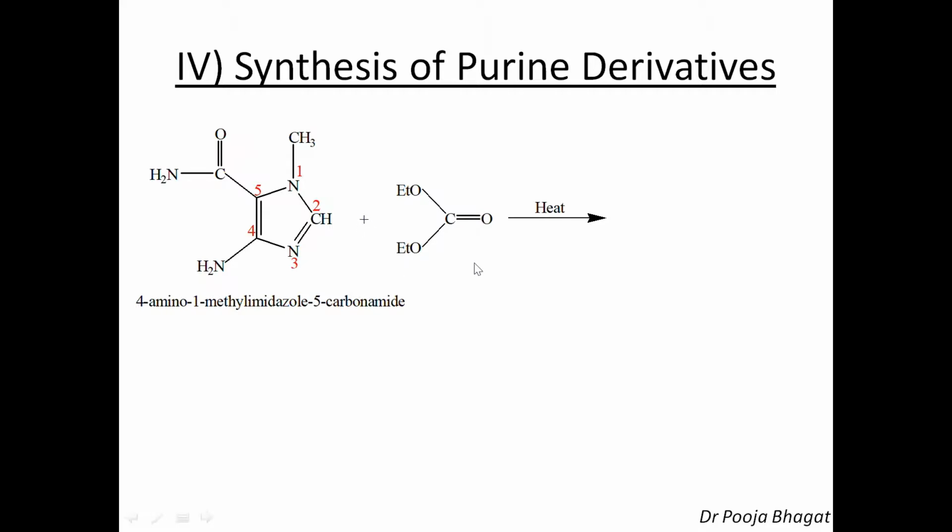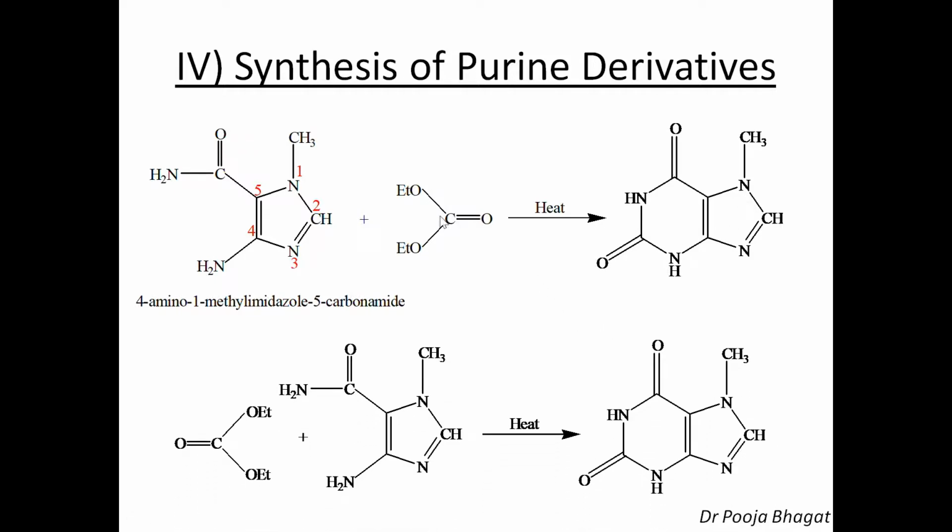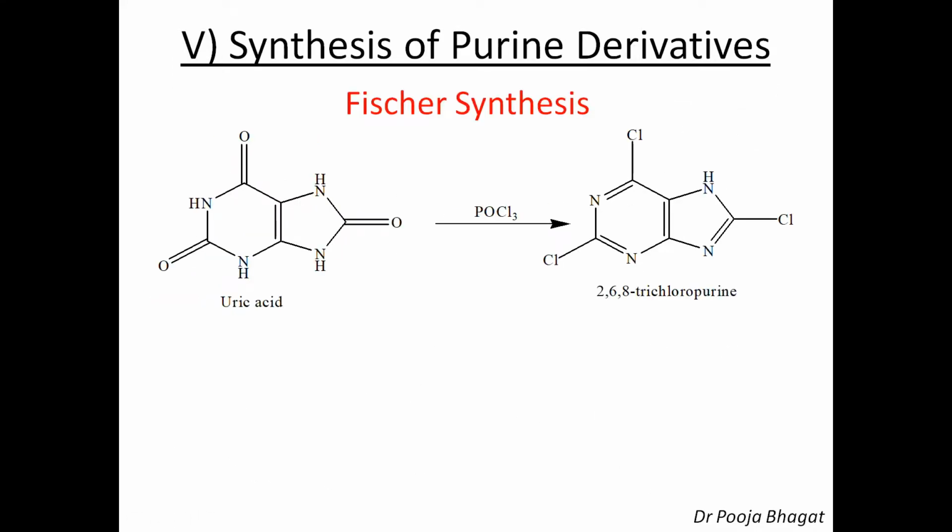When we treat it with diethyl carbonate and heat it, we get this purine where the methyl group is present at the 7th position, so it is 7-methyl purine. Now how can we show this reaction? You can show this by taking the ethyl carbonate here. H from here, OEt from here goes out as ethanol. Similarly, H from here, OEt from here goes out as ethanol. So now there is bond CO, NH, CO, NH, and a pyrimidine, so a purine ring is formed here. Is it okay?